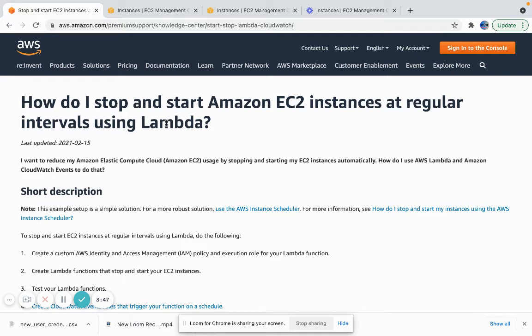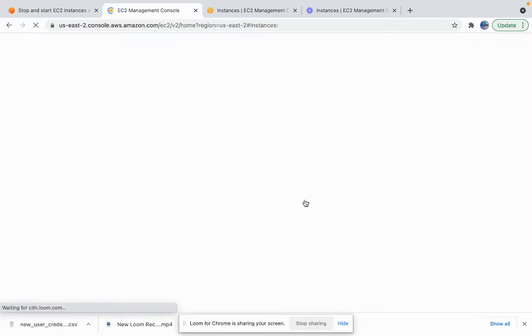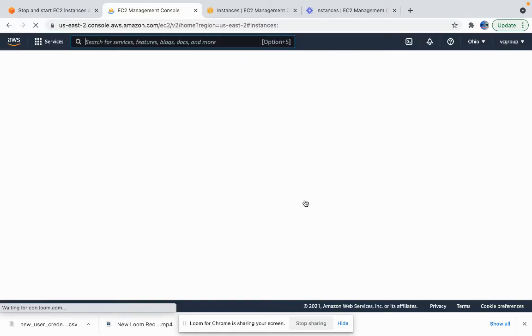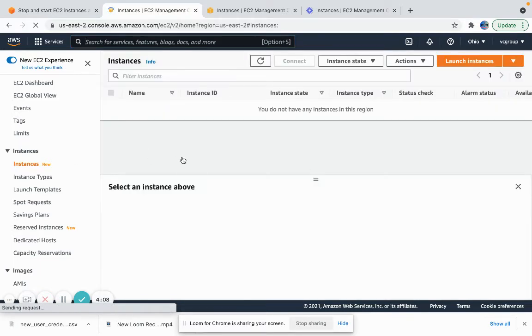For that, I will create two EC2 instances, and I will stop them using my Lambda function. Let's go and create two EC2 instances. Launch an instance,